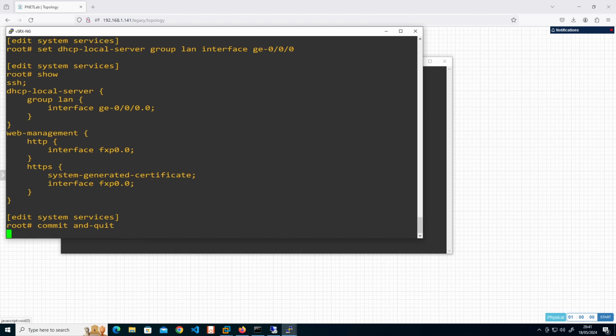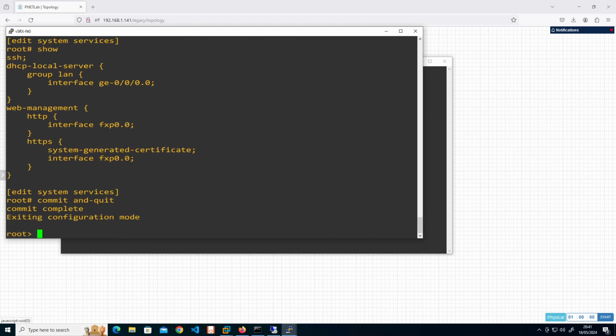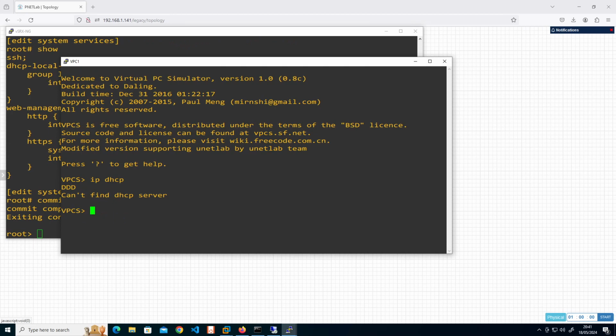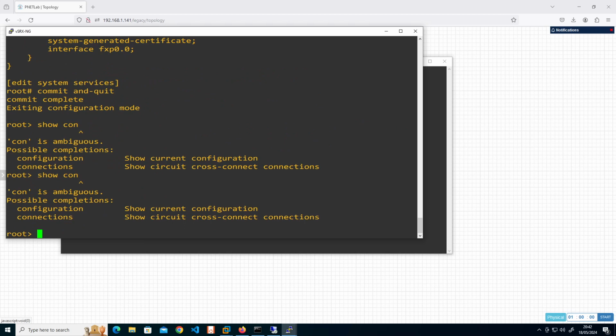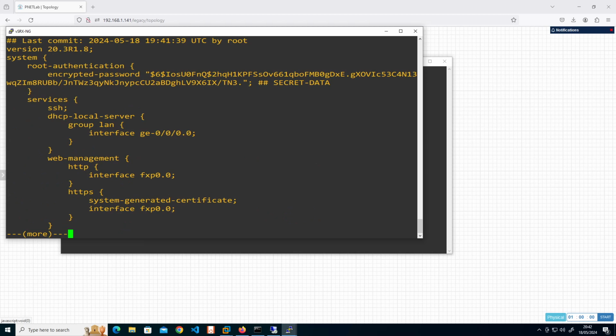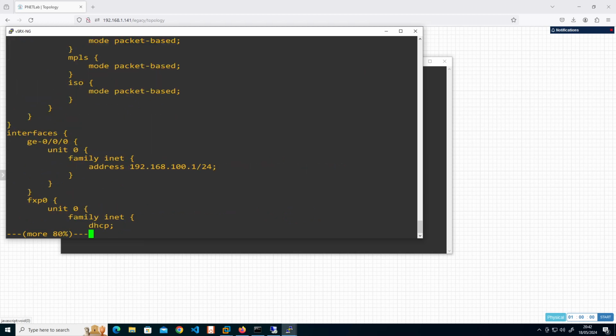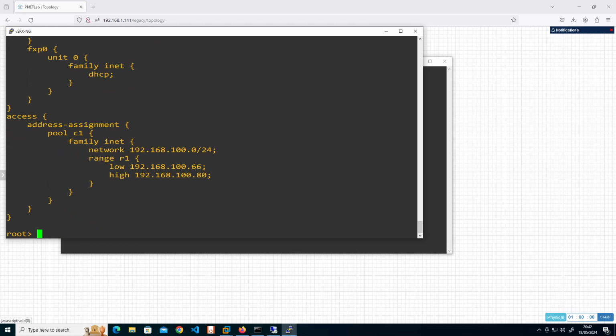Let's commit and quit, actually. Fantastic. All right, let's give it another bash and see what happens. There we go. There's good old DORA, and now we have the IP address 192.168.100.66. And if we do a show configuration, then we can see a little further down that we've actually set the low as the starting point